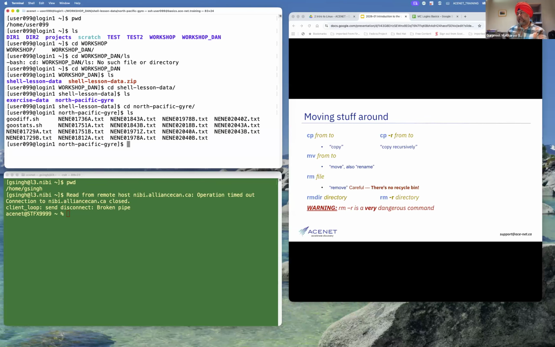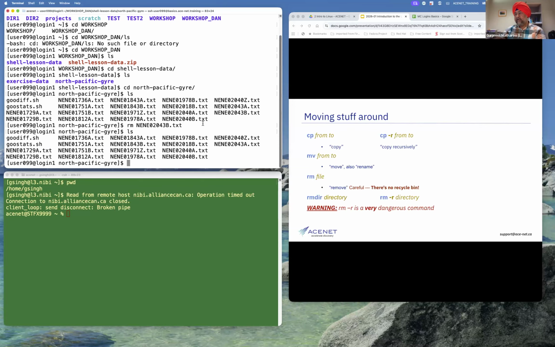If I want to remove or delete any file, the command for that, and I want everyone to be listening extremely carefully over the next 10 odd minutes, is the rm command. Let's say I want to remove this particular file. I copy it and paste it over here, and if I press enter, guess what's going to happen? If I press ls once again, that file, which was 2043b, is no longer there.